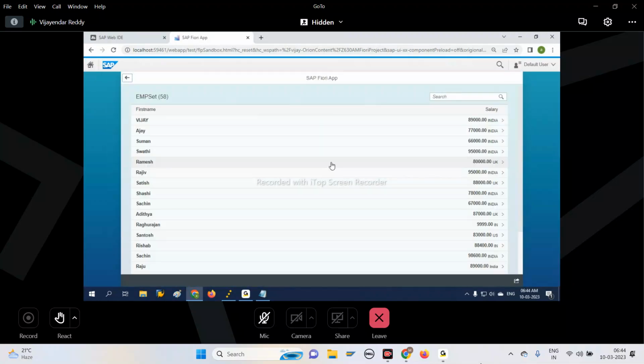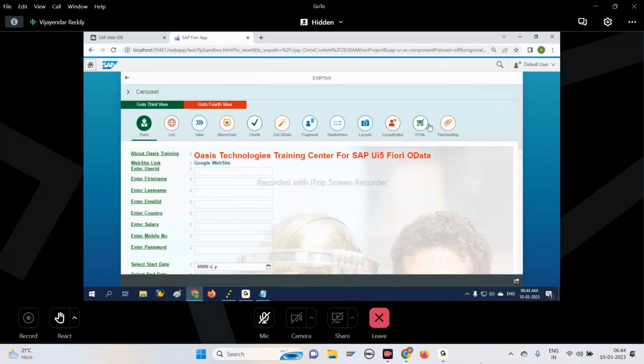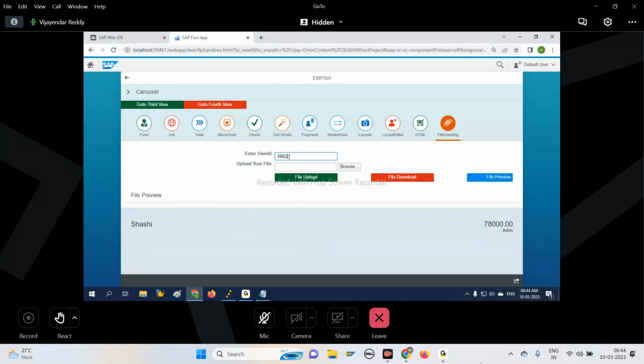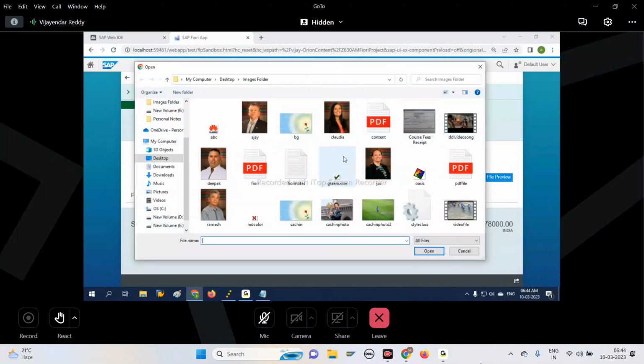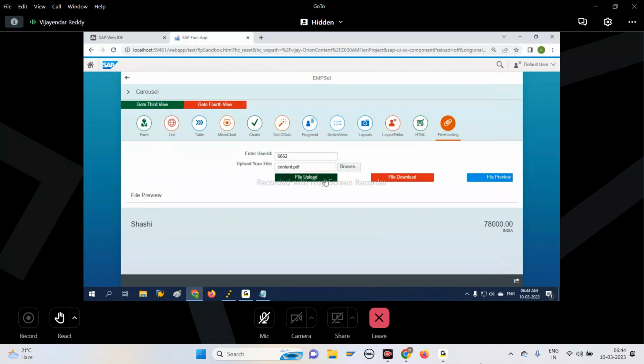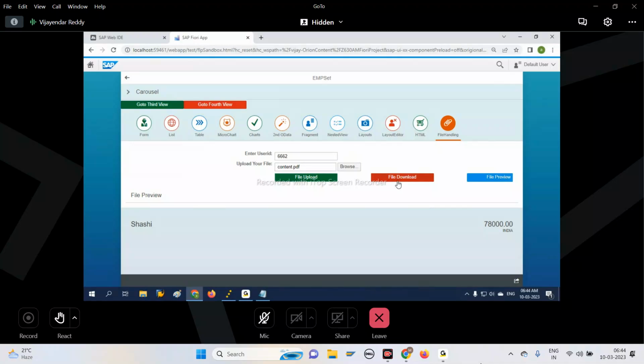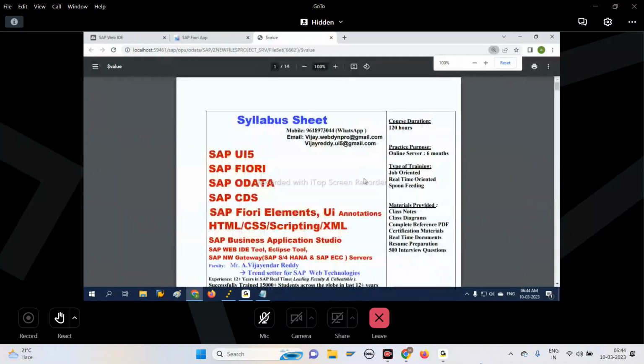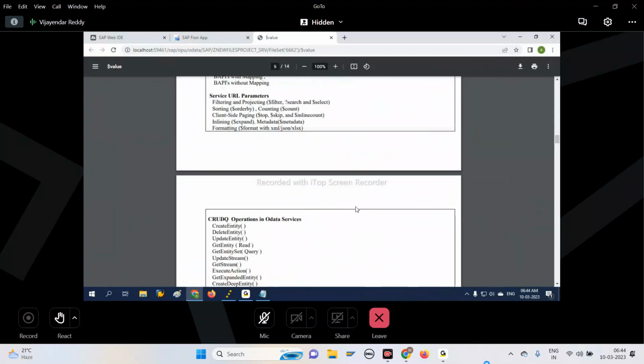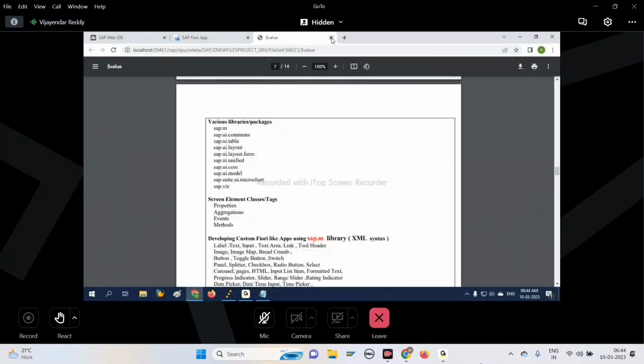Okay, for example, let me go with a different sequence like 6662. Let me browse and let me select a PDF file this time. For example, this one, content PDF. Let me upload the file. So if the file upload is complete, you'll get information. And if you click on file download, then you will get that same PDF file here. Now, if I click on file preview,